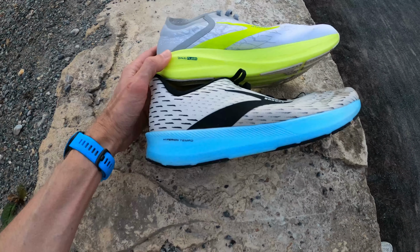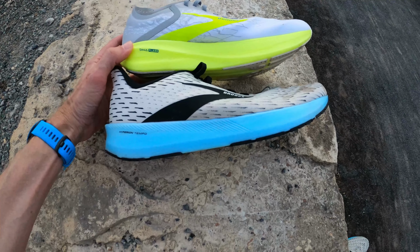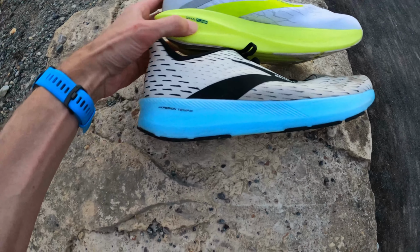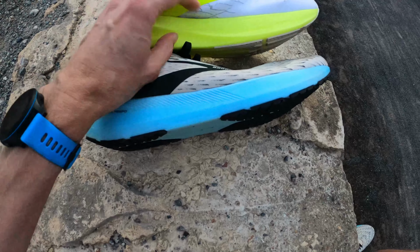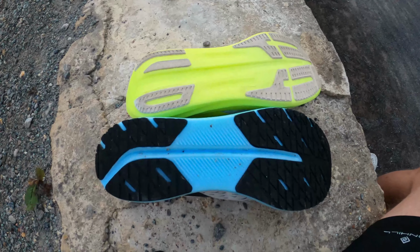Comparing the stack heights there, you can see that there's a bit more stack height in the Elite 2 than there is in the Tempo, and there's a bit more structure to it here. I imagine there's probably the plate. You can just about see that line there sort of through the middle. So just having a look on the back of these shoes, then